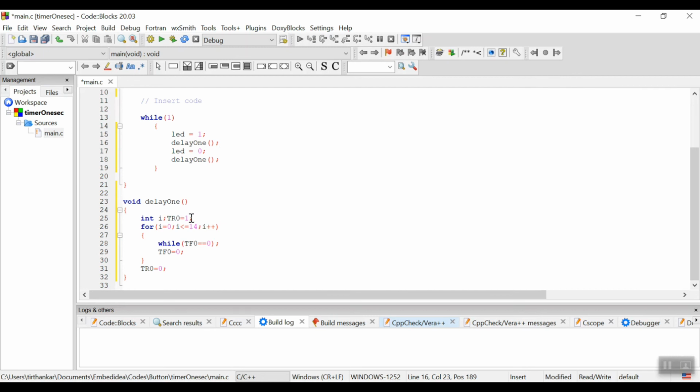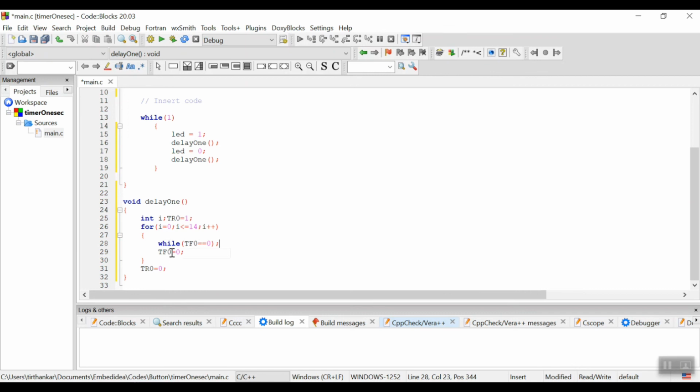When delay1 is called, i is initialized, then TR0 is 1, that means timer 0 has started counting. Then for 0 to 14, that means 15 times i++, what will happen? The processor will wait here until TF0 becomes 1. TF0 will become 1 after one iteration.